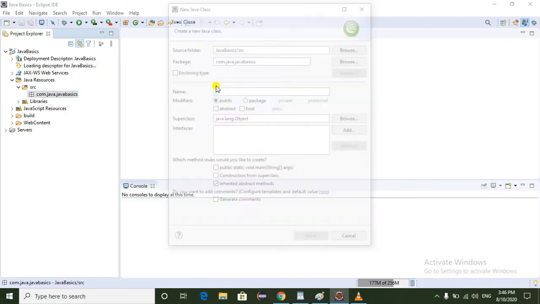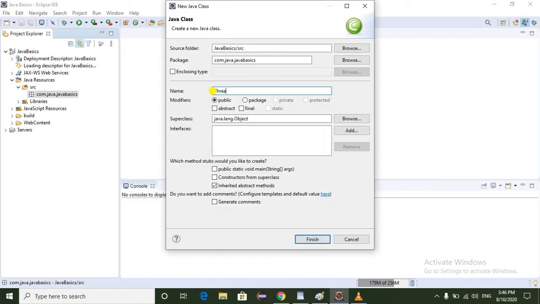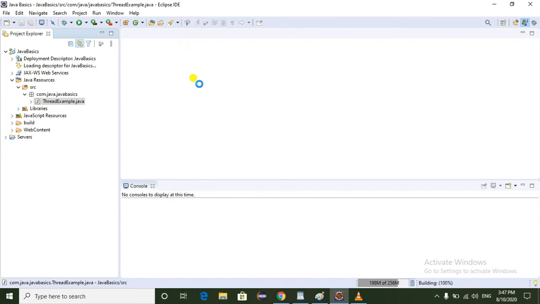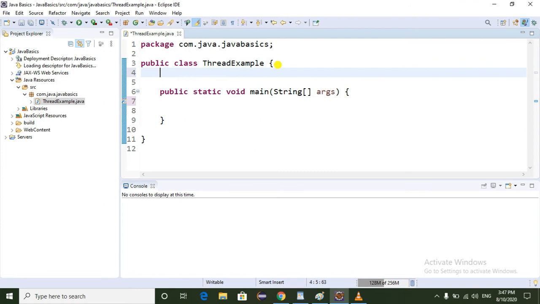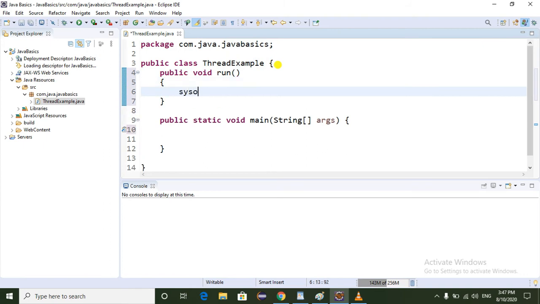Just go to Eclipse, create a class ThreadExample. This is my class name. Just select the main method. Here I am going to override the run method, void run. Here I am writing System.out.println("Hello Java basics").